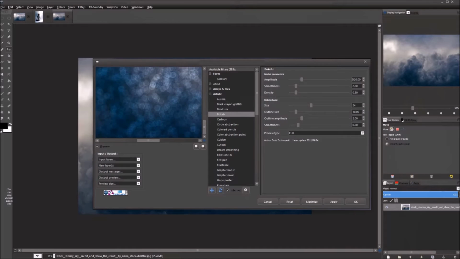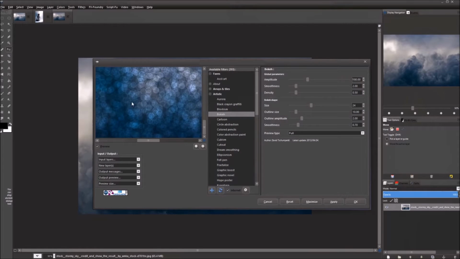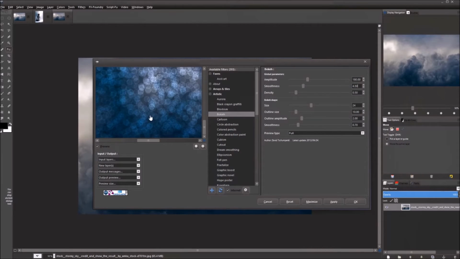So let's see, do we want to go with this? This looks really good down here in this blue. And again, like I said, it just distorts the image. Let's go up to 180 and see how that looks. Alright, that brought them out more, brought up the opacity more on there. Let's go down and mess with the smoothness. I had it at 4.50 last time, I believe. It just moves them around a little bit and smooths the transition out. So we'll leave that at